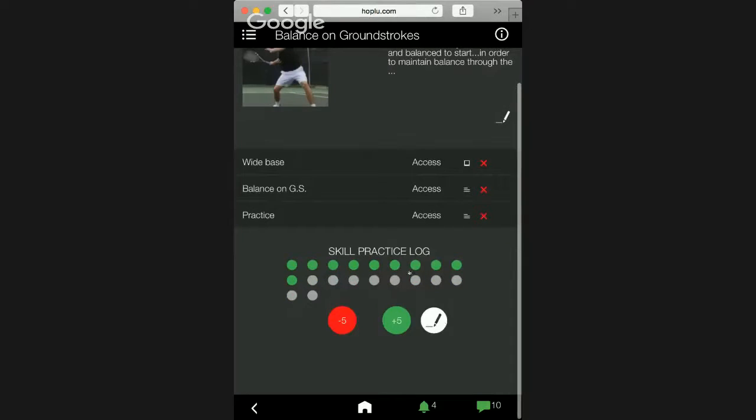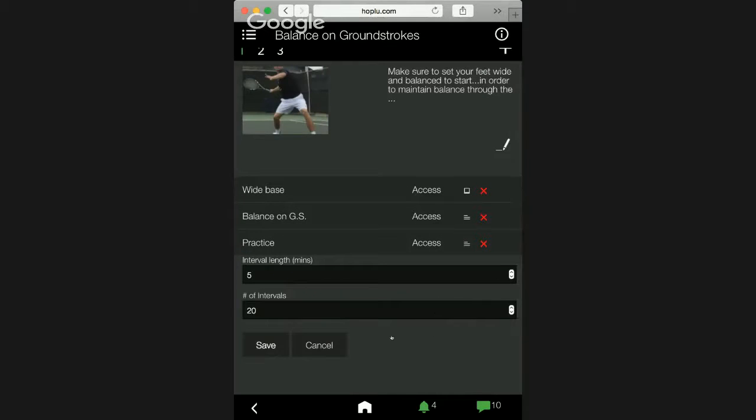we have the skill practice log. Now here, these say 5, and we have about 20 dots there, I think. Yes, that's correct. Because once I click that edit button, we can see that the value of each dot is 5, and it's 20 of the dots. Now let's change that to 10, and let's change it to just 5 dots. So I want my student to work on this 5 times for 10 minutes. So once I save that,